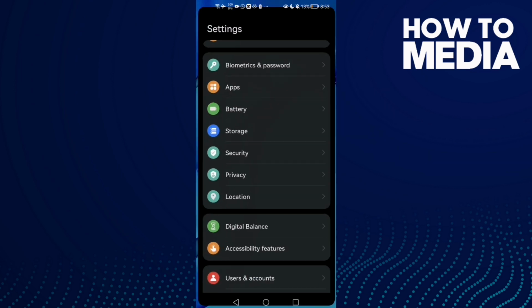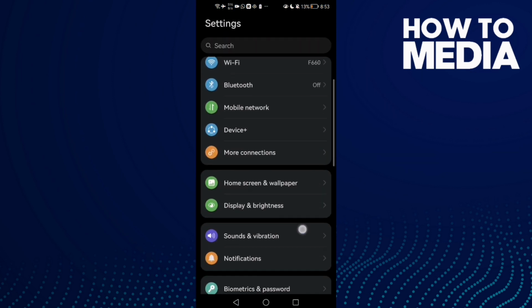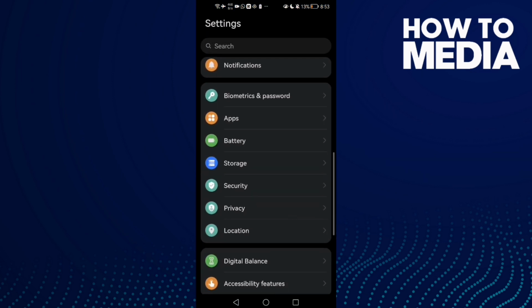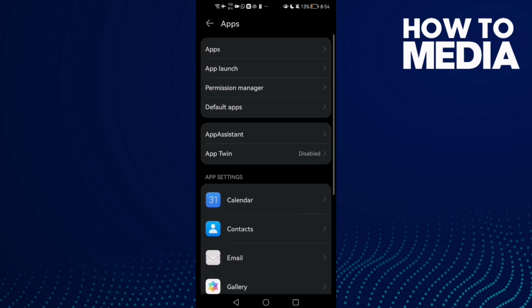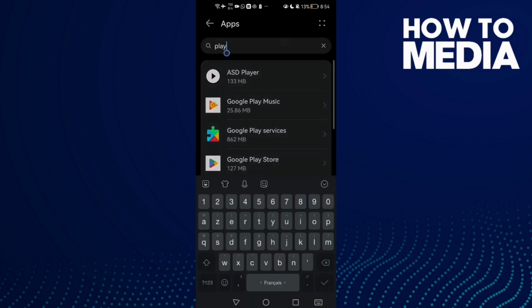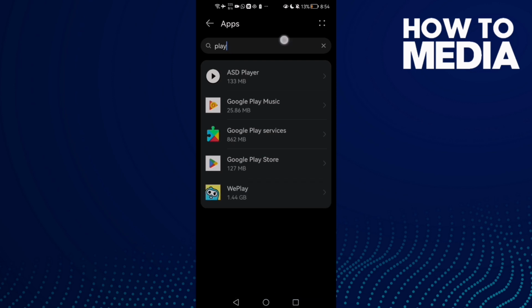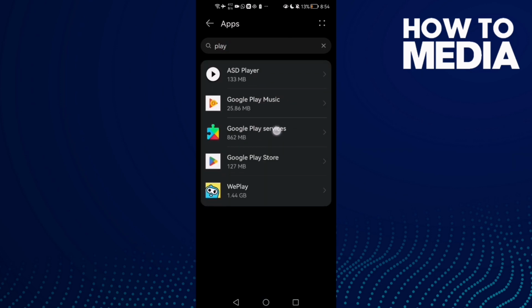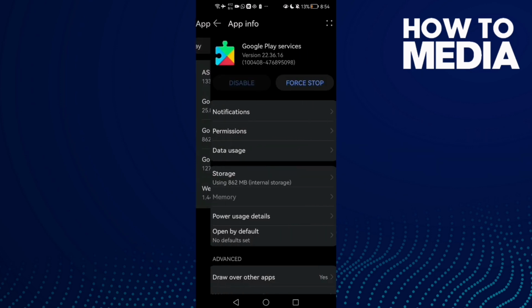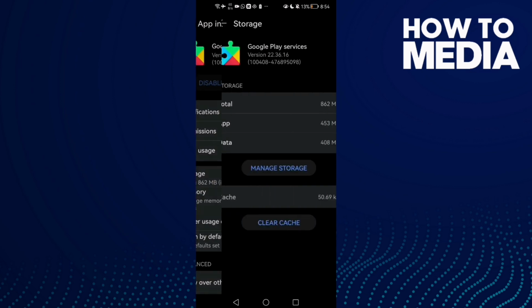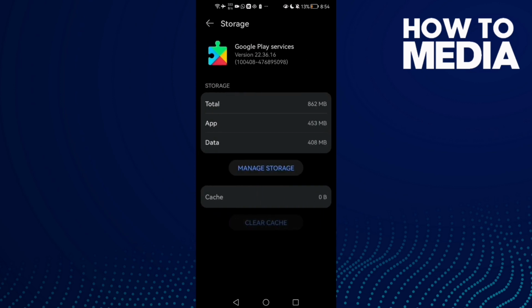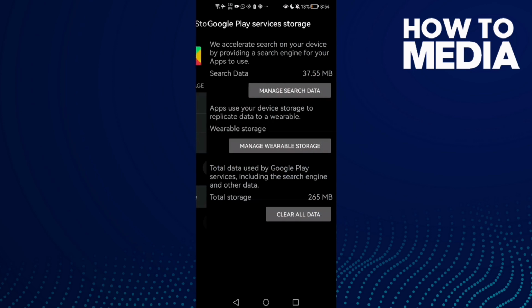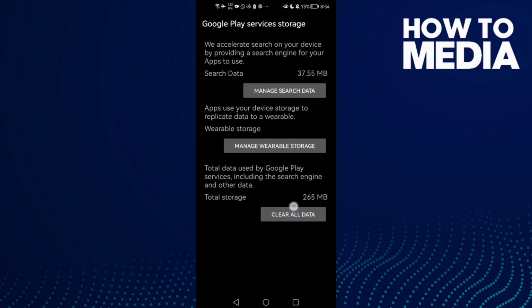First open settings and then scroll down until you find apps, and now click apps again and here type Play Store, just type play and you will find Google Play Services. Click on it and now click storage and then clear cache, and after that click manage storage and click clear